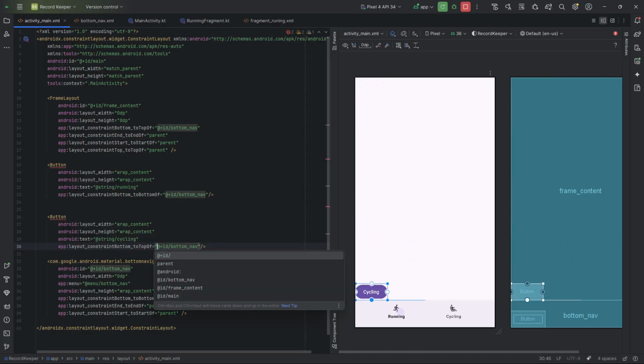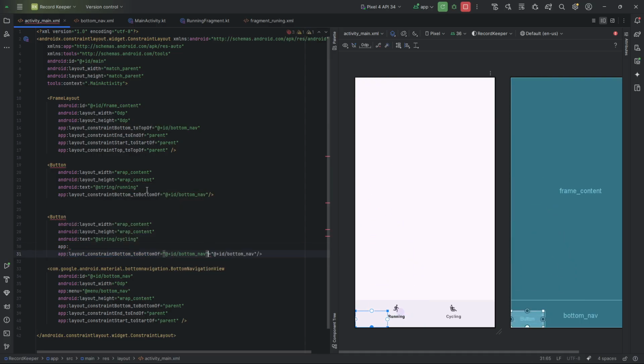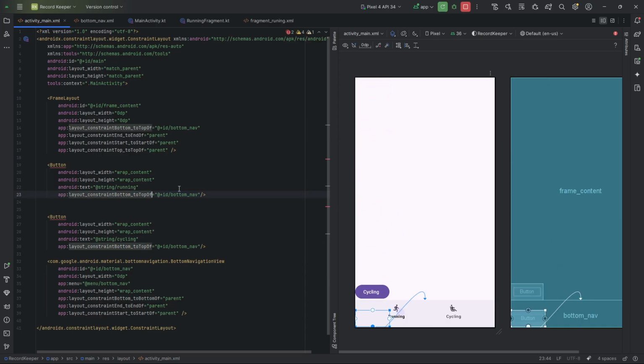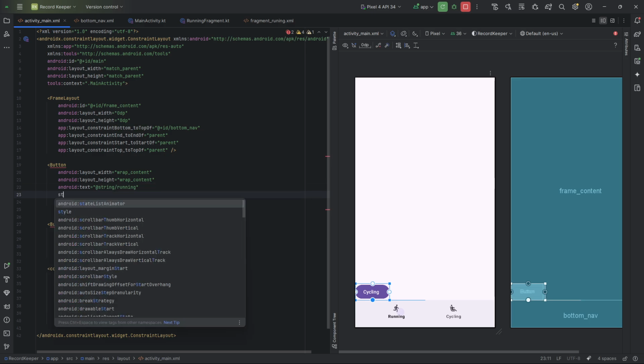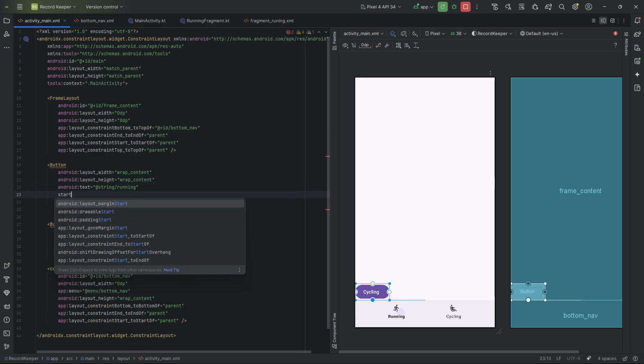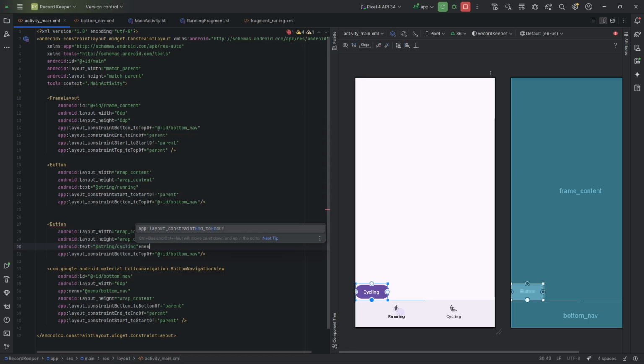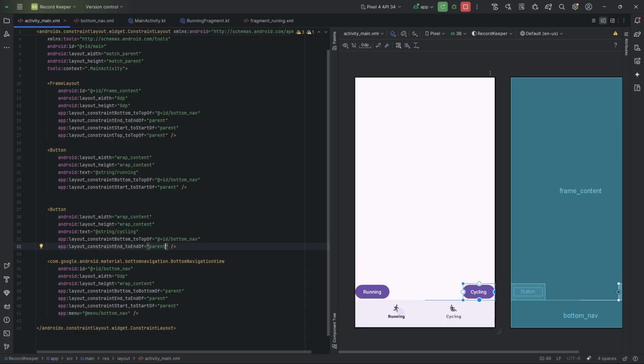So underneath our fragment transaction, a few line breaks, I'll do binding button cycling.setOnClickListener. And I'll type a function that doesn't exist yet. I'll say on cycling clicked with brackets, and then I'll use the error, Alt-Enter, create function. So I'm going to use that error to make the function. Okay. And I'm going to duplicate that line. So I'm going to click on line 23 for me, button cycling, Command D, Control D, and change button cycling to button